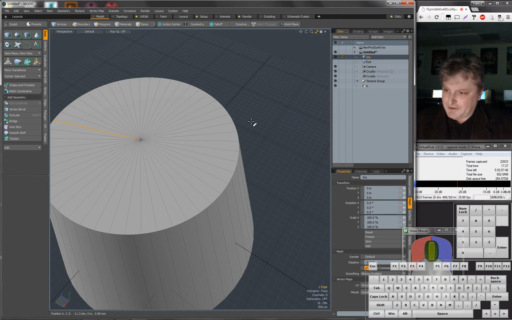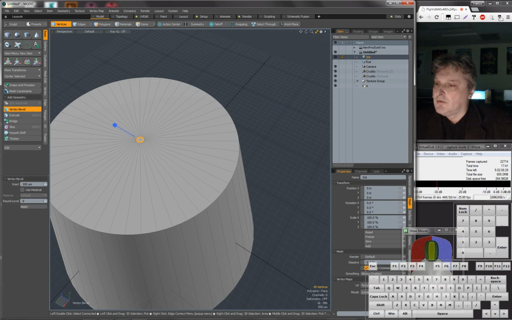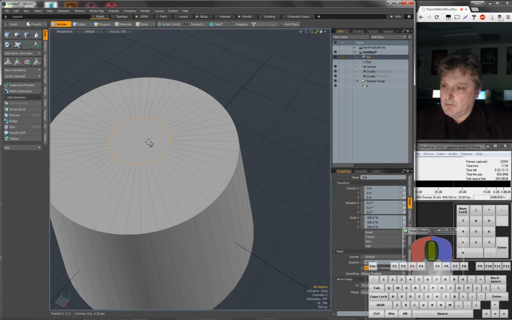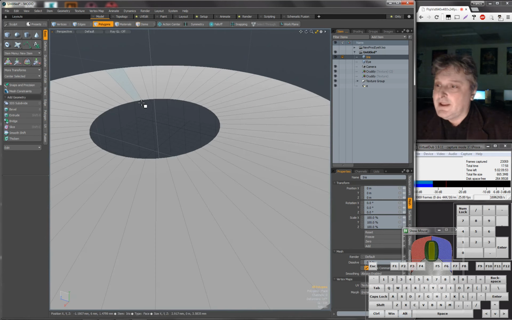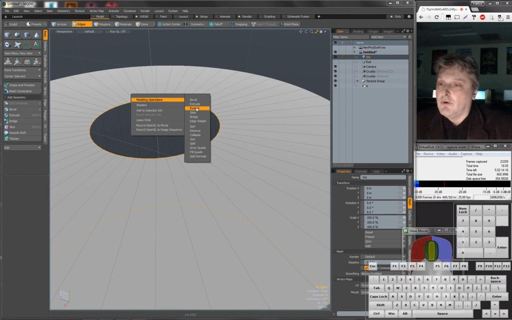Ooh, I hate it when you do that. Bevel, bevel, bevel, bevel. There we go. This is going to form our iris. We are going to delete this middle polygon. Poly, select, delete. Good. And I'm going to take this edge here. Oh, good, I already got it. And I'm going to extend out another one